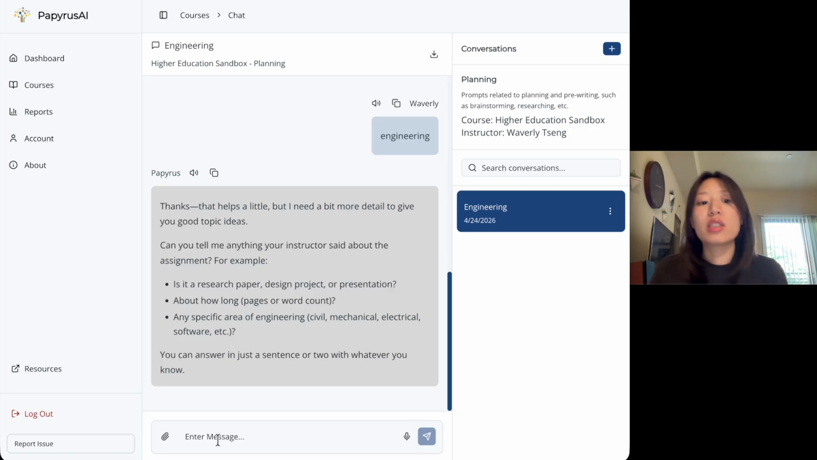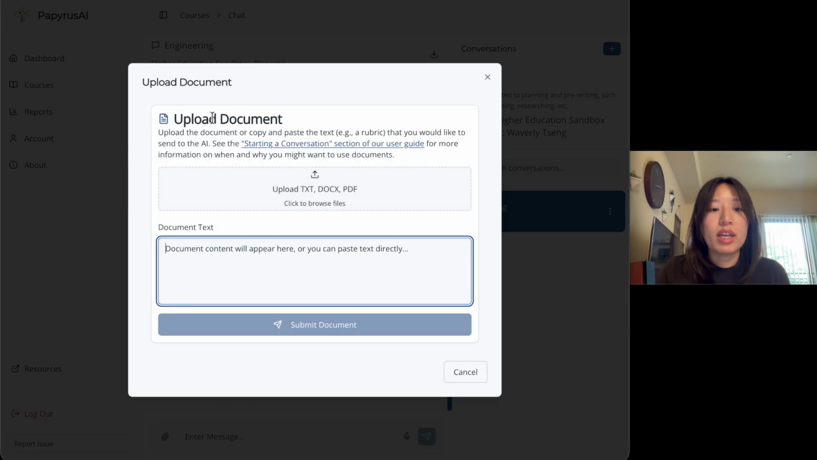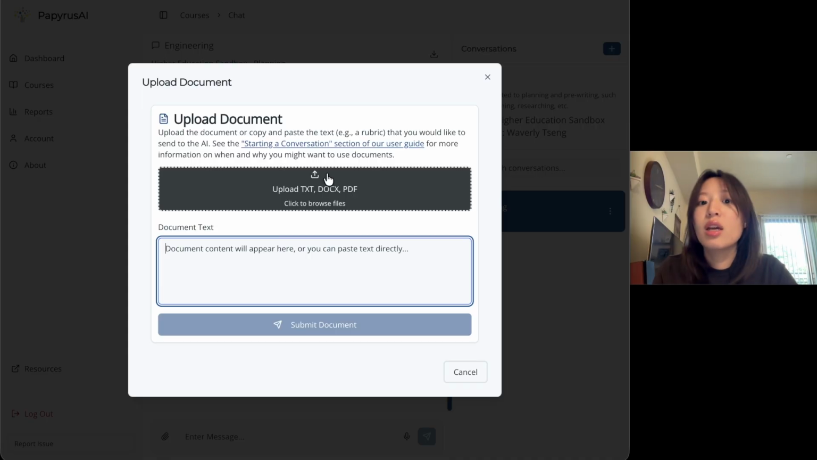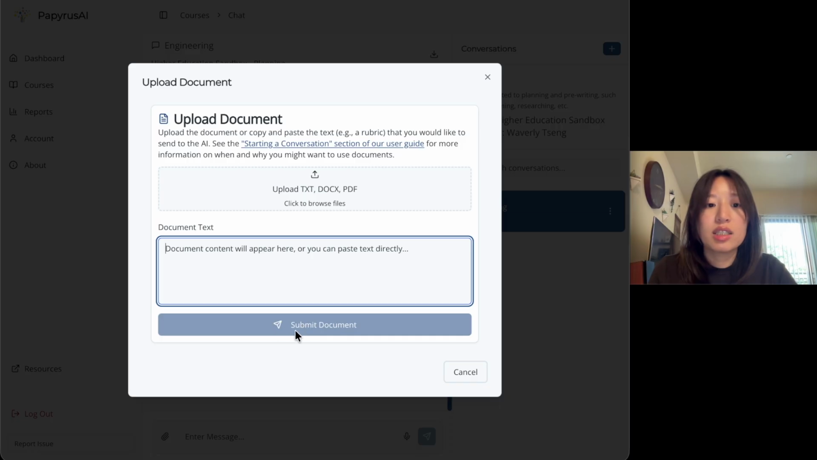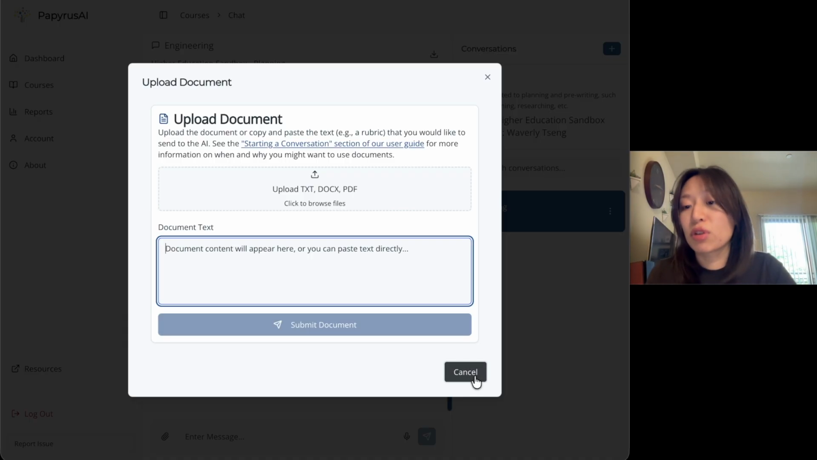what you've written. And so you can click Add File, and a screen will pop up where you can either copy in the text from your original document if you prefer to do that, or you can click this button up here to upload a file of your choice into the conversation. These can be in text file format, docx like Microsoft Word, or PDFs. Once you have that uploaded, or once you have the text copied in here, you can click Submit Document, and then it'll upload that information into the conversation for the AI to then give you feedback, for example, on that